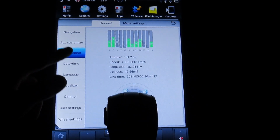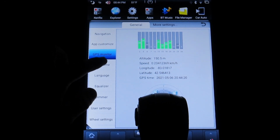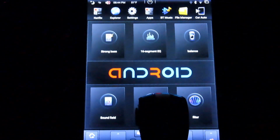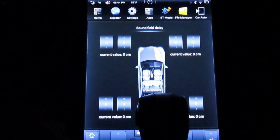We have GPS to tell you how good your GPS is. My antenna is inside the dash and I'm parked in the garage right now, so it's not very good, but it is picking up. Date and time, language, equalizer. I find this to be not helpful at all. Like this one, you can do sound field,